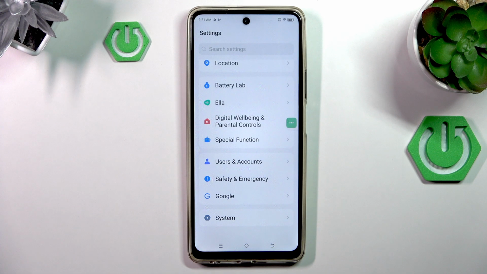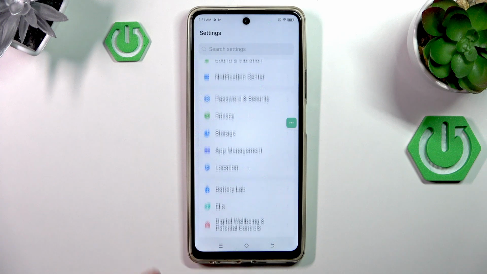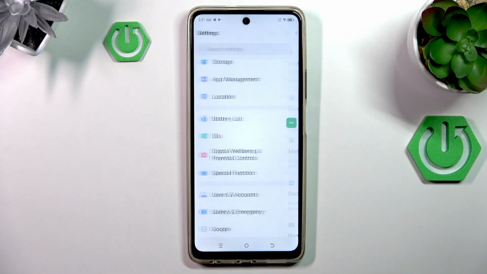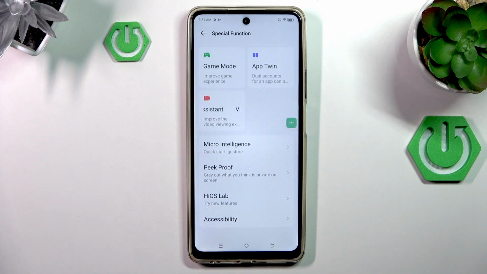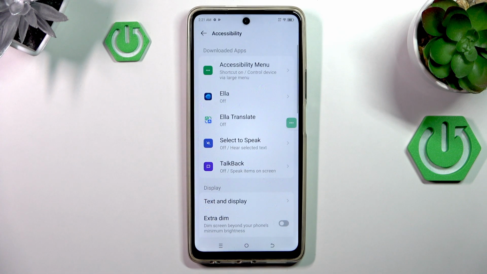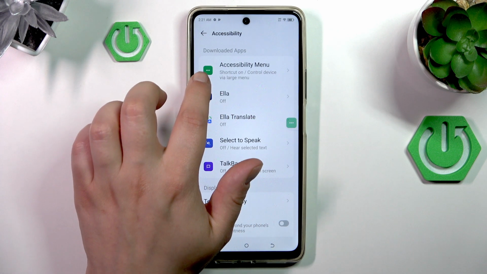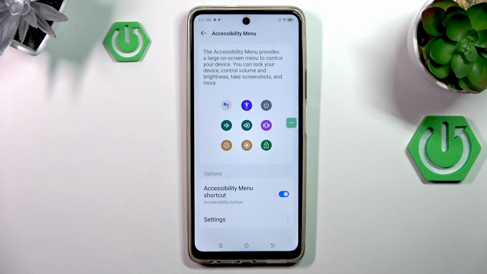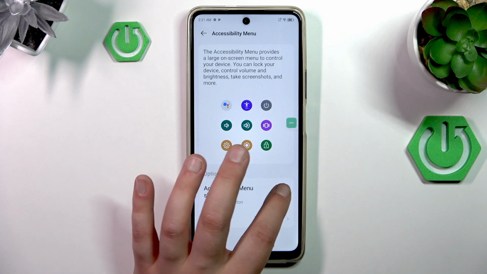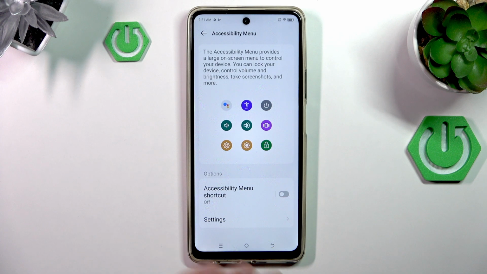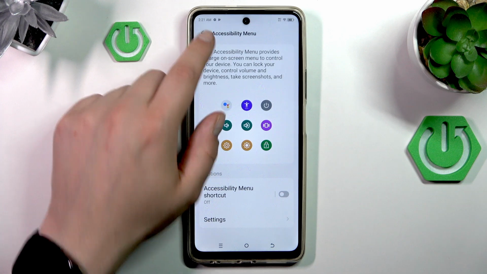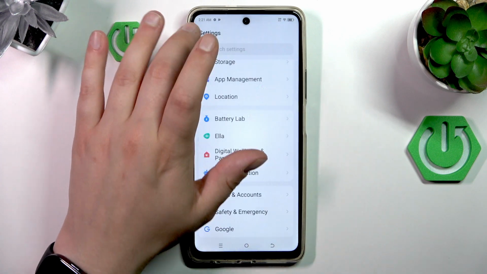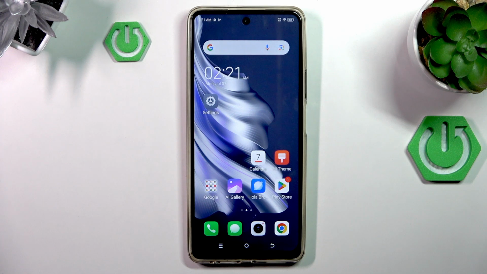At first you have to open the settings, then scroll down and move to the special function, then scroll down one more time and move to accessibility, and here the first option is accessibility menu. Open it, and in this tab you can see here the accessibility menu shortcut. You can switch it off and the icon just disappeared. So we did it. We get rid of the accessibility icon, and let's move on to the second trick,